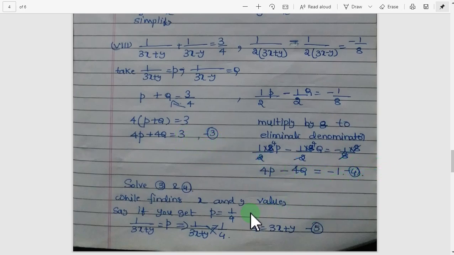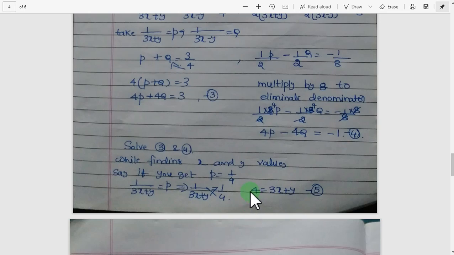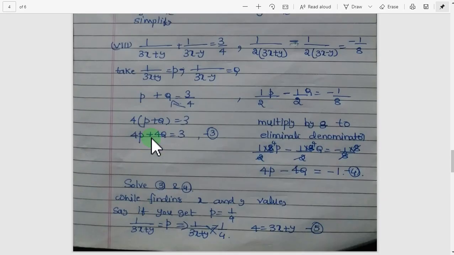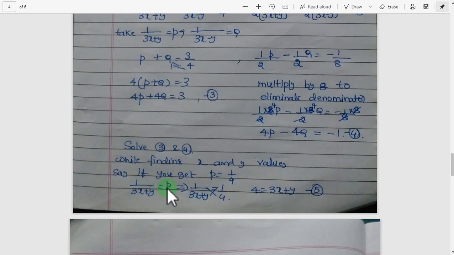After getting these two equations, children, you are still not getting the answer. One more step is there. See, while finding x and y values, you will get p as 1 by 4, and the q value also you will get as half. Simplify these two equations. If you simplify, p value is 1 by 4. After that, how did we do it in the last sum? Substituting the p value: p is equal to 1 by 3x plus 5. 1 by 3x plus 5 is equal to 1 by 4. Cross multiply: 4 is equal to 3x plus 5.